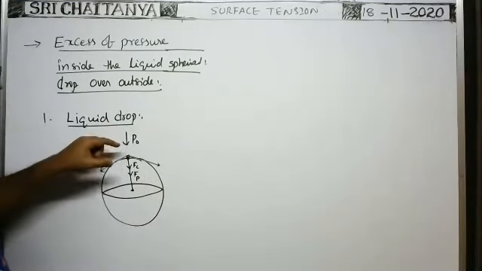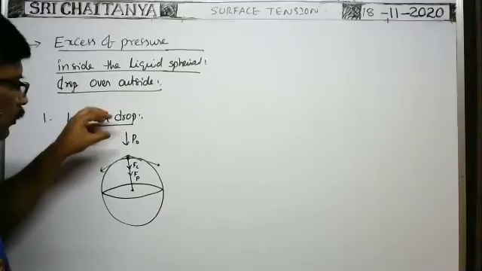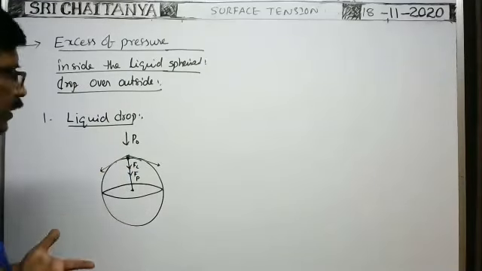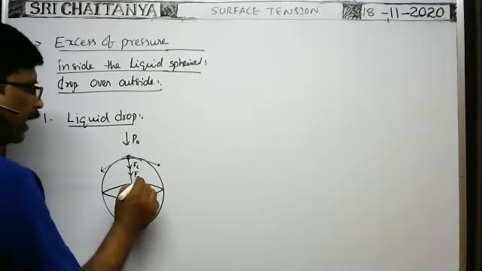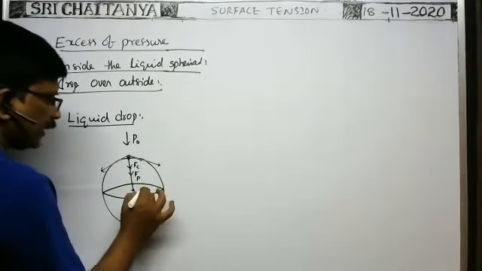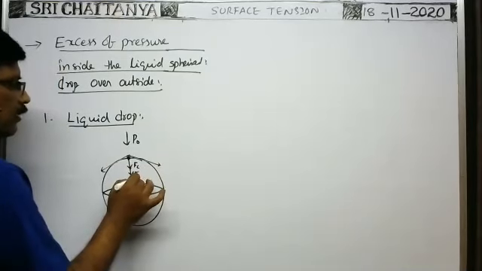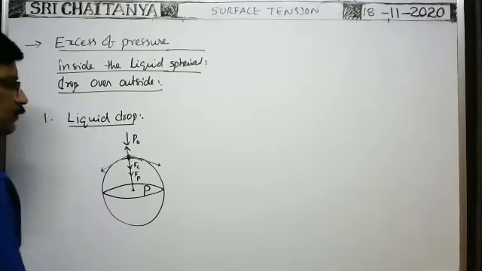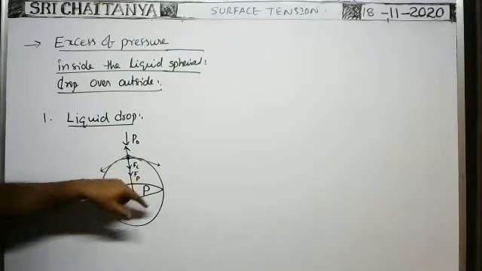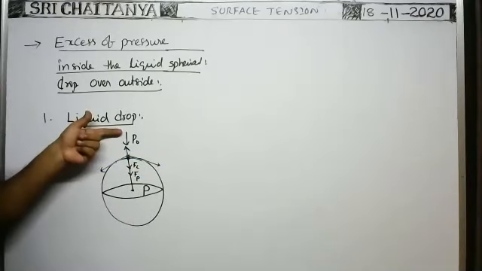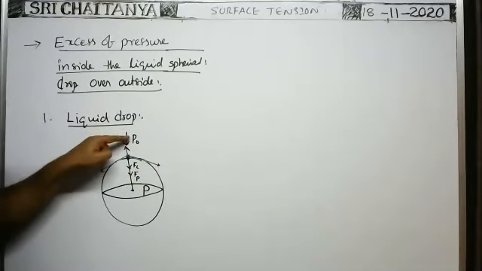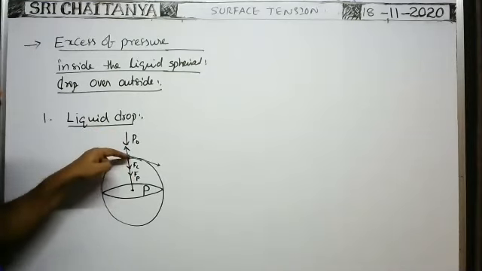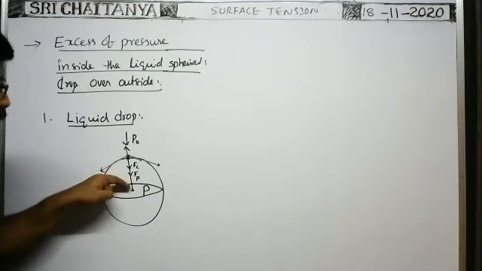Because of that, every molecule on the surface of the liquid must come towards the center and the entire drop will collapse. But it is not happening. That means, at the same time, because of the pressure inside the liquid drop, definitely some force acts on each and every molecule in the outward direction. Definitely, the pressure inside the liquid drop must be greater than the pressure outside. Only because of atmospheric pressure, some force FD acts on these molecules towards the center. Due to cohesive forces, some force FC acts in this direction.